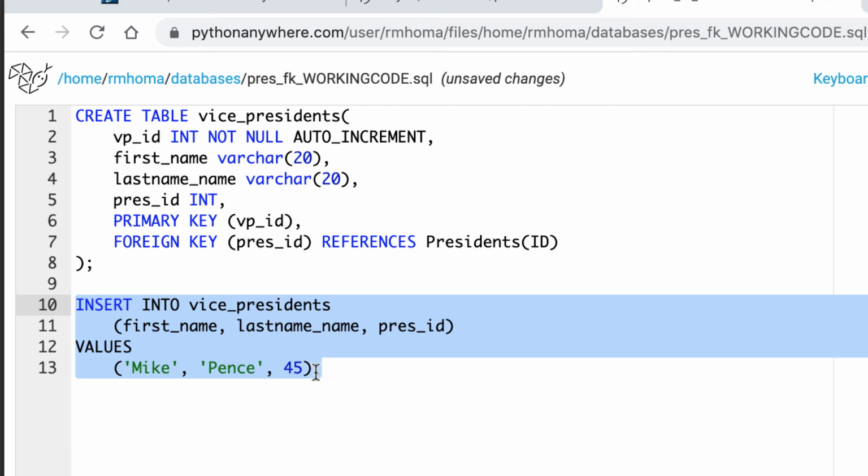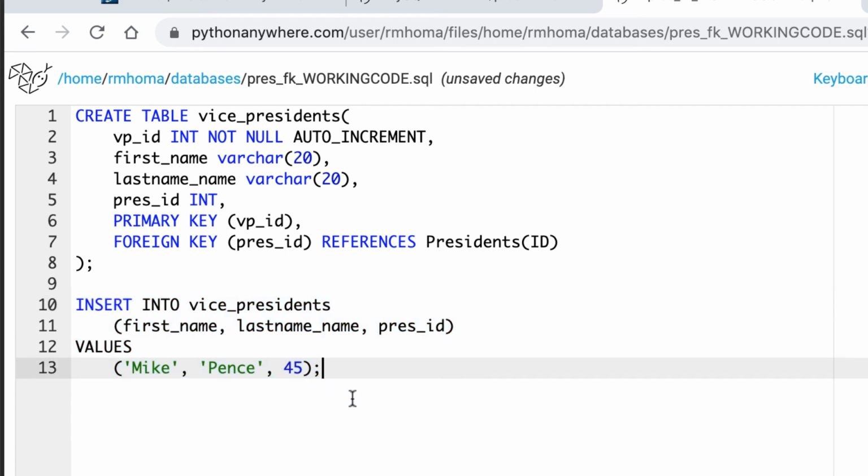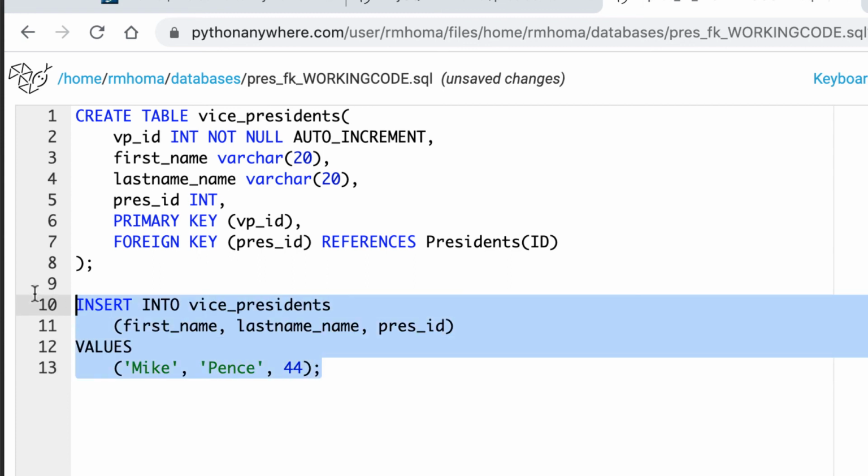Now, actually, we're going to get an error. Actually, I can't even do this. Let me do another one. I won't be able to do this because if it's a foreign key, it won't match up 45 to anything, because there's no 45 that's in our table right now. So let's just put 44, even though that's incorrect. But we know we have a 44 in there, so I'm just going to do that right now, just to get this to work. I don't mean to be doing this wrong, but since I'm going to change that name,